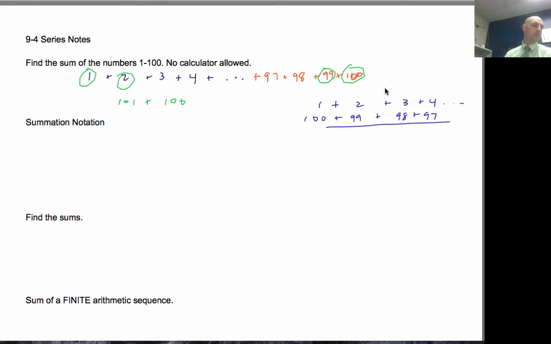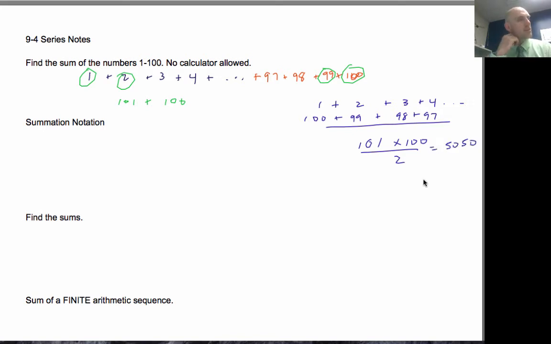And so essentially what he figured out was that we could add 101 100 times and then divide by 2, because if we use two sets of them, I added two sets and I got the full sum, and then I divide by 2 and I end up with